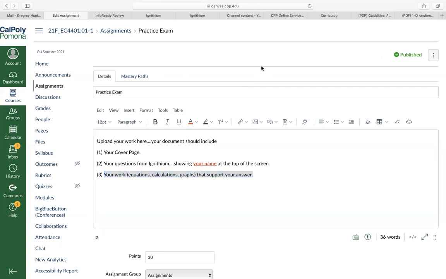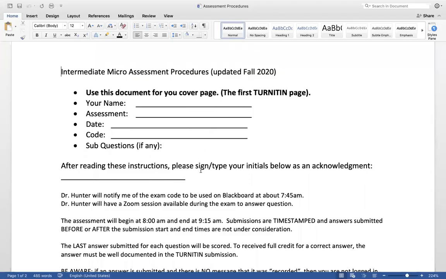Okay. So the next thing that I wanted to show you is an example of the type of cover sheet that you'll see. I'll post this for you all. There'll be a different one for each exam. And the directions are slightly different, but the main part is the same. You get a document like this, and you would just type your name in, Greg Hunter, whatever, and which assessment you're doing, and then the date, and then the code that I give you, right? And then after reading the instructions, you're supposed to put your initials, so we all know